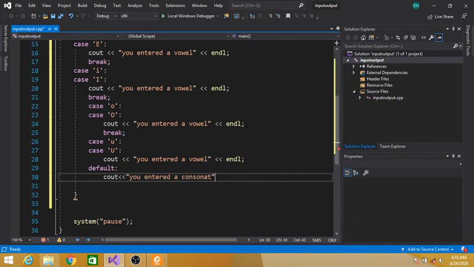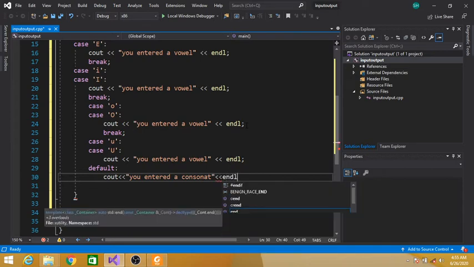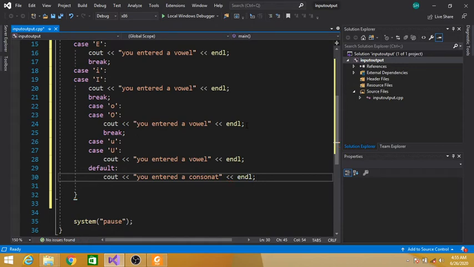All the alphabets other than A, E, I, O, U are known as consonants. If our character does not match with any of these vowel characters, then in default we say you have entered a consonant.